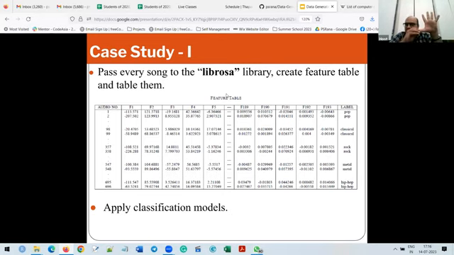अब मैंने क्या काम किया, एक फोल्डर को रीड किया, जो भी ऑडियो फाइल है, उसे लिब्रोसा लाइब्रेरी को दिया. लिब्रोसा लाइब्रेरी का फंक्शन 193 फीचर्स कैलकुलेट करता है और उसको लेबल कर दिया कि ये पॉप का है. सिमिलरली मैंने सेकंड ऑडियो फाइल ली, उसके फीचर कैलकुलेट किए, उसको पॉप का लेबल कर दिया क्योंकि वो पॉप नाम की डायरेक्टरी में सेव है.